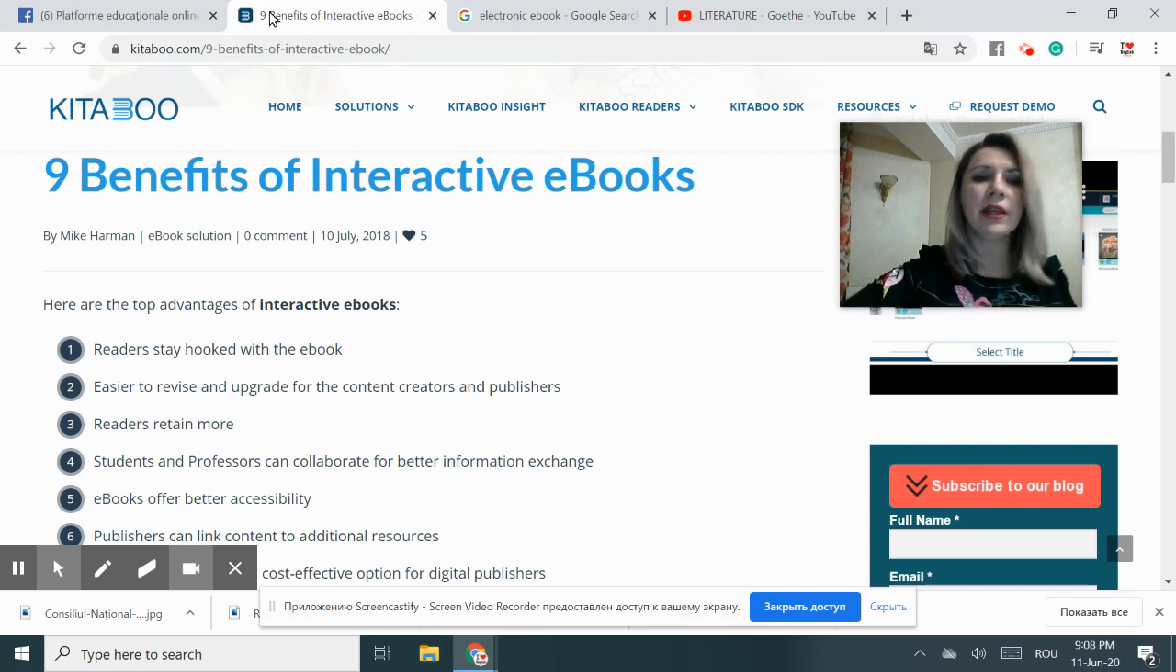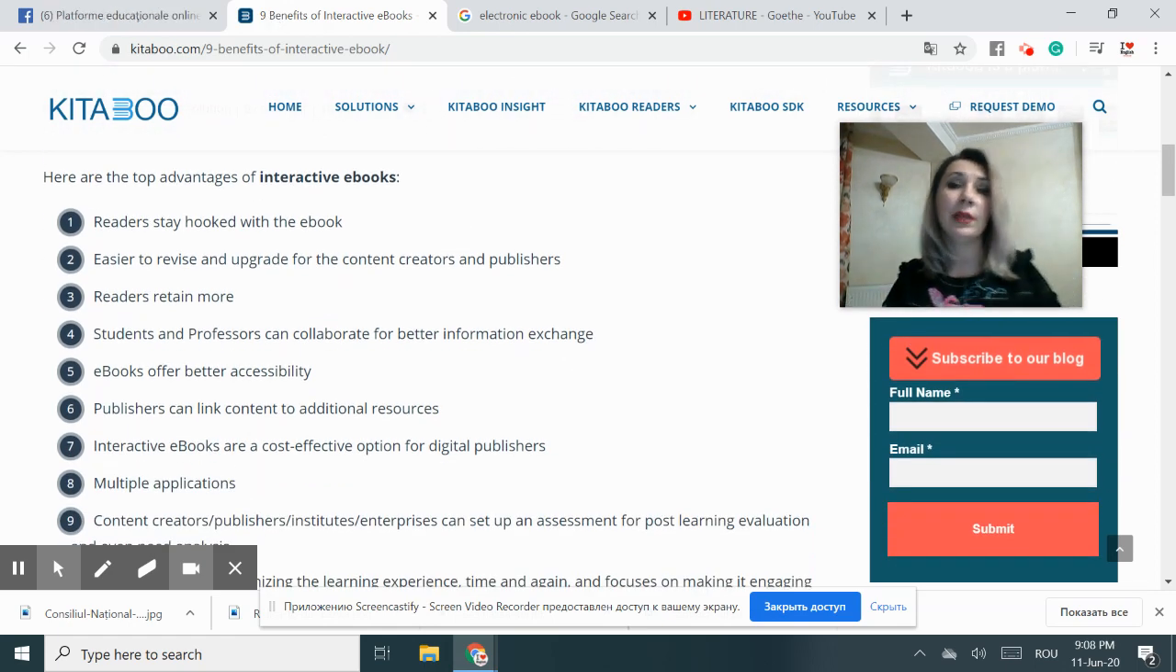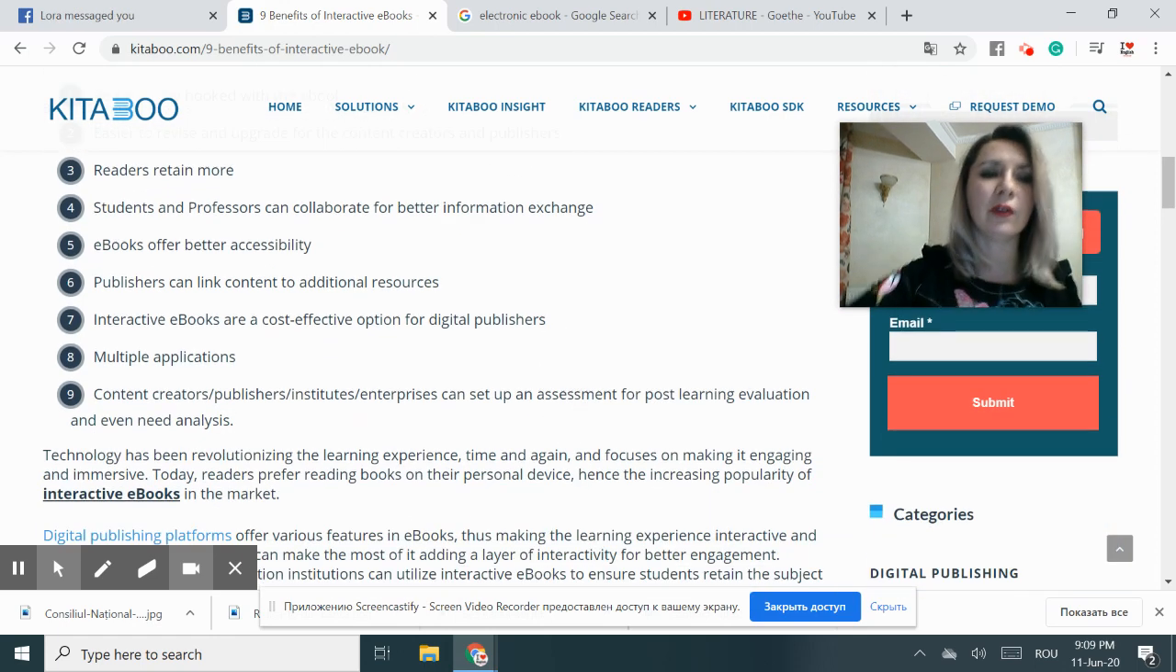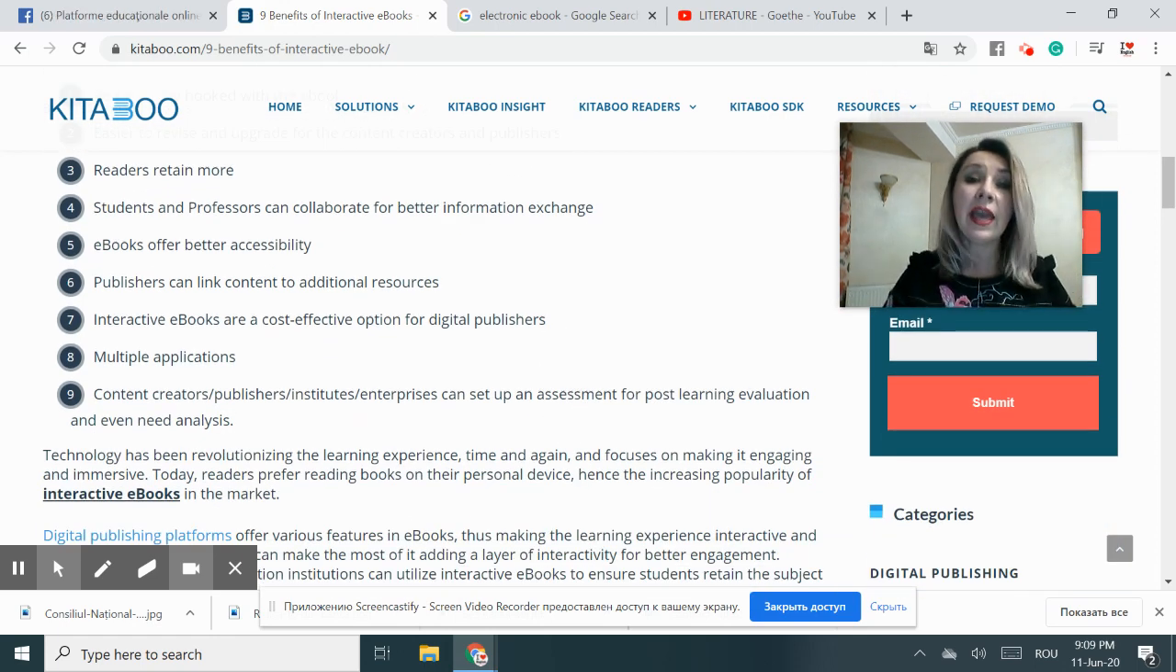Okay, all right. They offer better accessibility, so you don't need to buy the book, you don't need to print the book, you just need to access the ebooks that are available online. There are a lot of free ebooks. Okay, all right. And then multiple applications, so again, your students can develop several skills. All right, and you can also create a book together with your colleagues, and you can have a group project